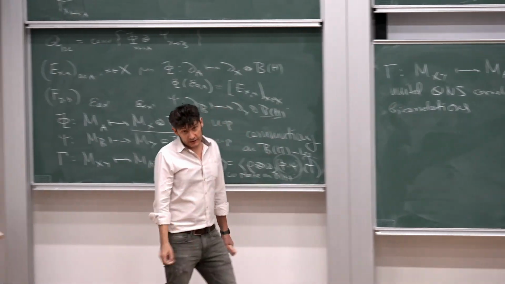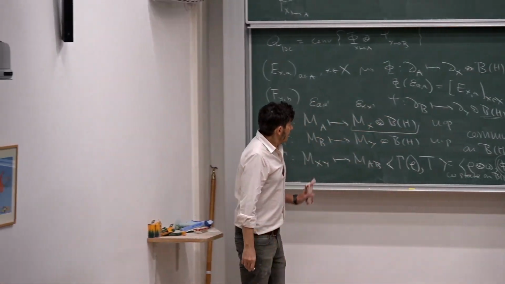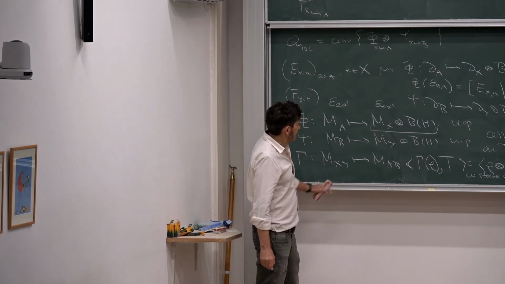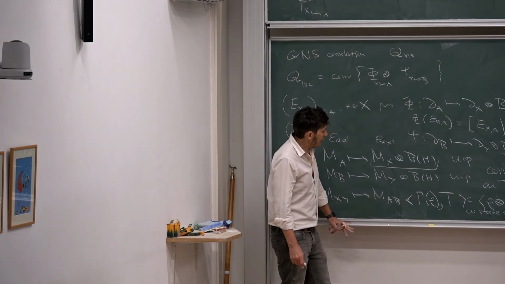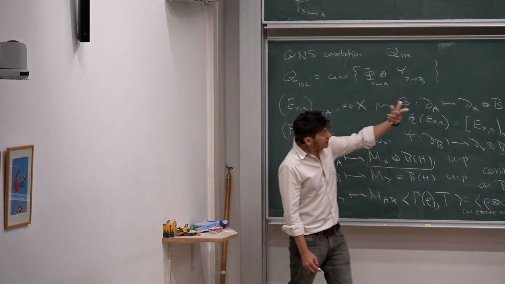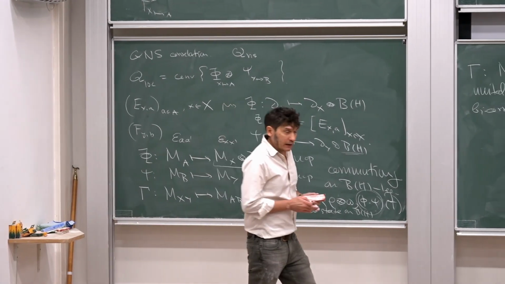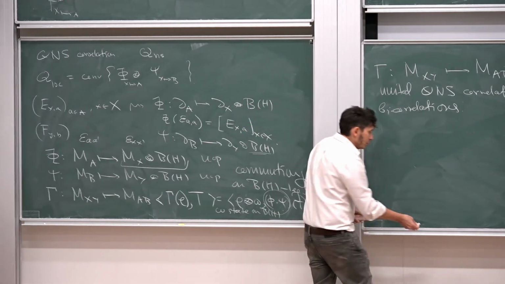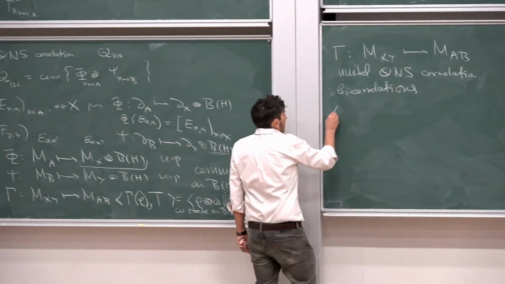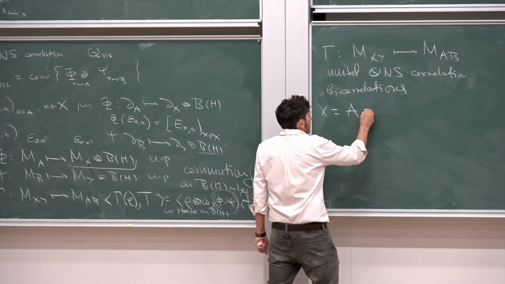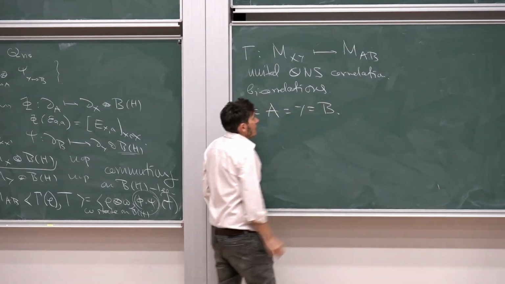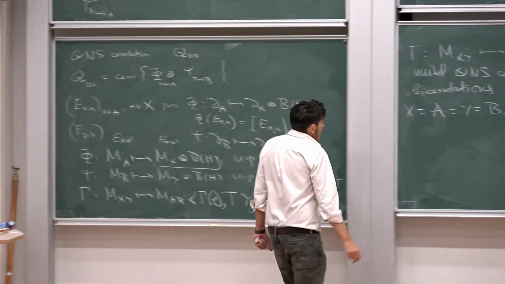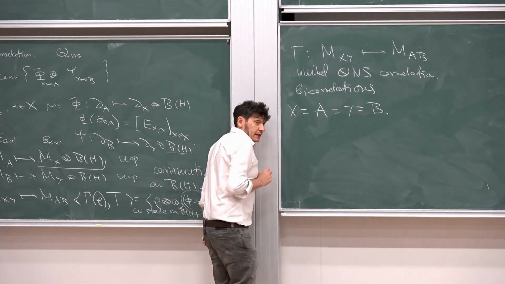You can now define different subclasses again in the same way. What works nicely is if you choose your stochastic operator matrices to be bistochastic, because in that case you can invert them. You can go in both directions. So what is bistochasticity? Here I'm assuming that x is equal to a, and y is equal to b. I already assume that x is equal to a, as in defining concurrency. So the QC class will look like that.